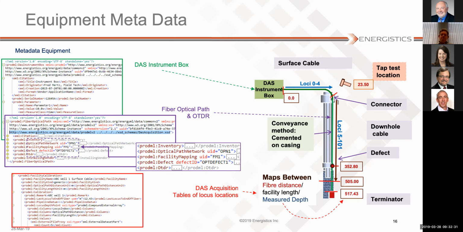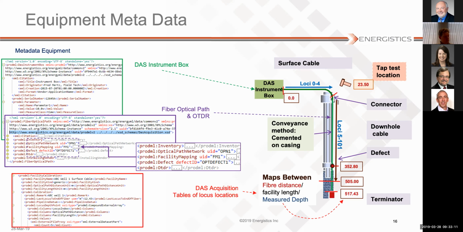We're not going to go through the contents of the XML, but if you look at that zoomed-in box in the middle, it shows you what we're trying to track in that object. You can also see these things in the purple or mauve color on the right. What we call the inventory is the equipment. That could be the cables, but also ancillary things that we need to know about, like connectors or the terminator at the bottom of the cable. Defects as well are part of the equipment, because these can all give artifacts on the signal that we're trying to measure.